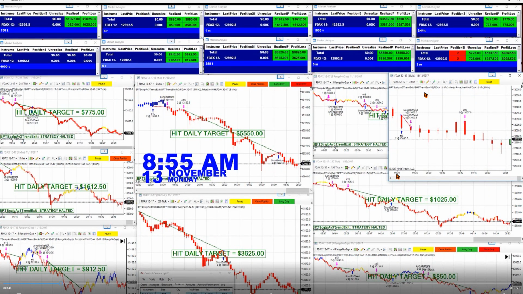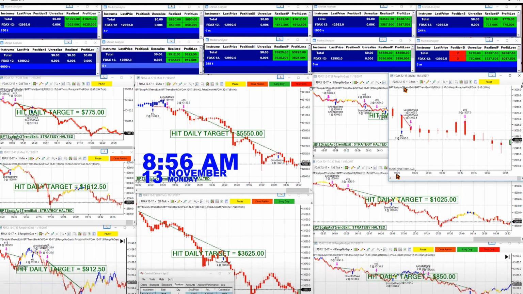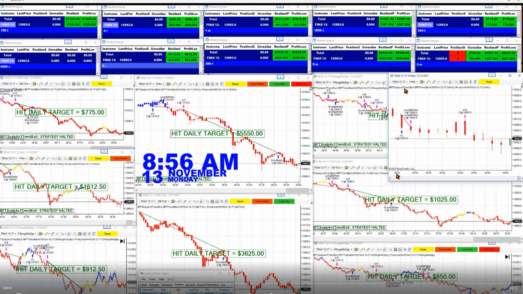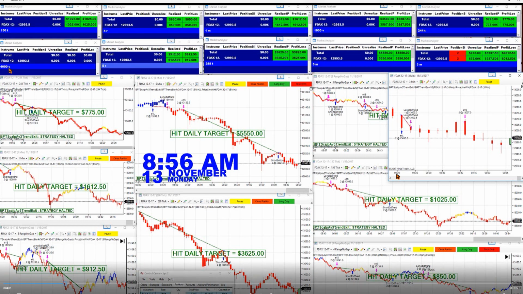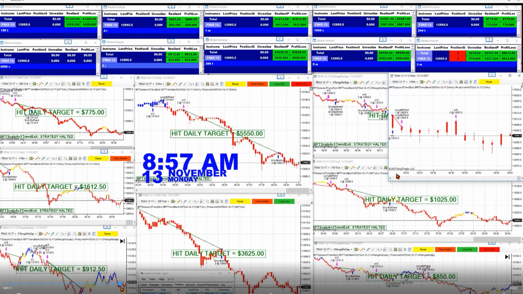Every chart has hit the target, but I left the 3 minutes. I like the DAX on the 3 minutes, and I want to show you, this is the second round on the 3 minutes auto trade, and the rest are finished. On the 4,000 volume, we didn't have any trade, and that's very fine. We don't have it. But if we are looking here,